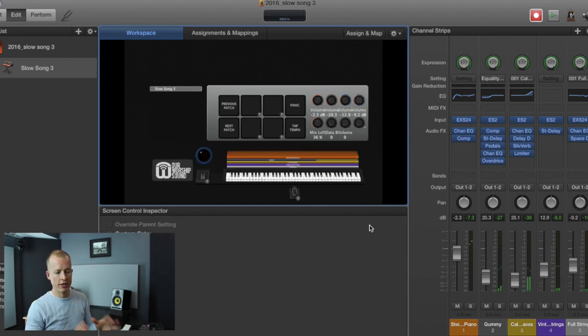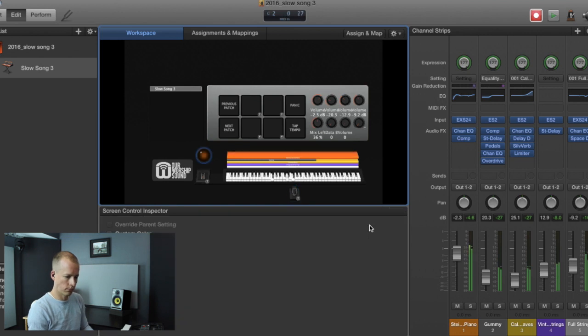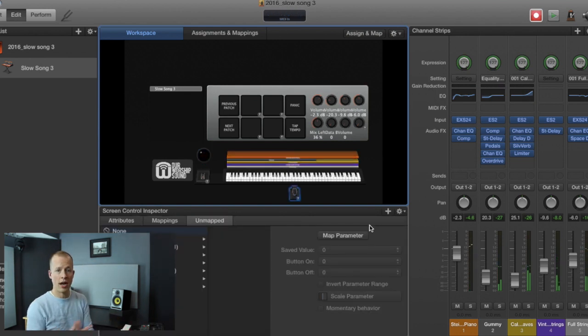And what I'm going to do is I'm going to set the volumes for a loud dynamic of the song, and then we're going to go back and create 2 more patches that'll be more applicable for soft and medium sections of the song. So that sounds pretty good. I might go back and adjust that a little bit later, but that's pretty close. So what I'm going to do is click Save,